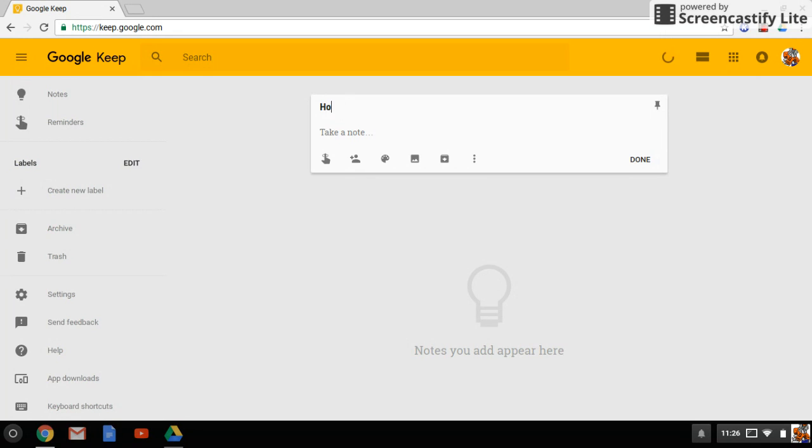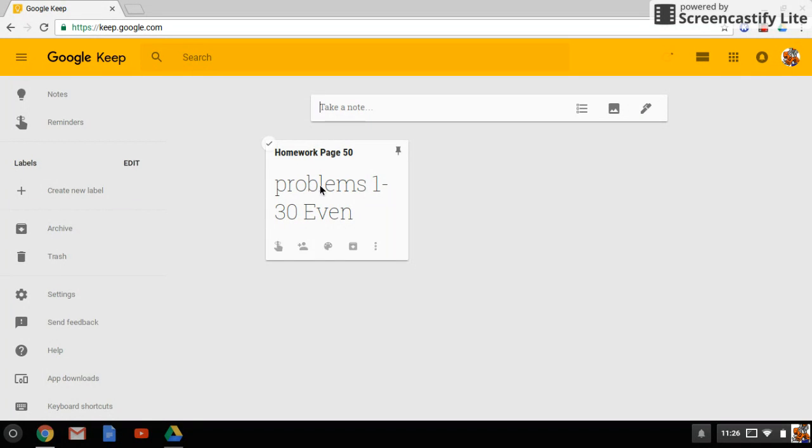And maybe this is a homework assignment, page 50. And then I can click here to actually add the note. And I have to do problems 1 to 30 even. If I click done, that note is created, and you can see it's posted here, a lot like a Post-it